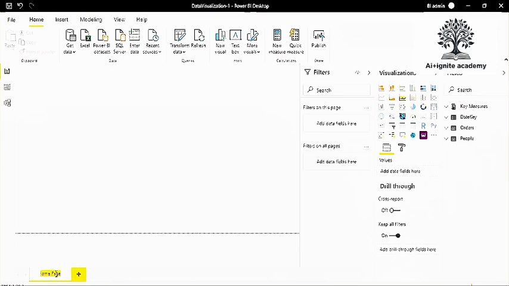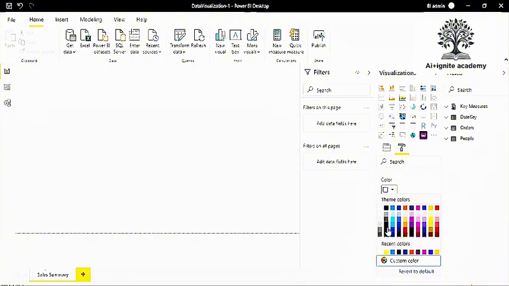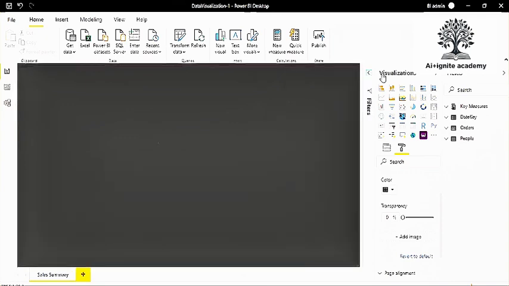Which is, let's say, your sales summary. Now here, what you can do, you can create some visualizations, right? Before that, you can add any image, any background color also, right? So I'm just quickly adding some. Okay, so I'm going to use this dark gray color, right? All right, now on this visual, first, what I want to display is my report header and report footer, right? So it means I have to break this page.